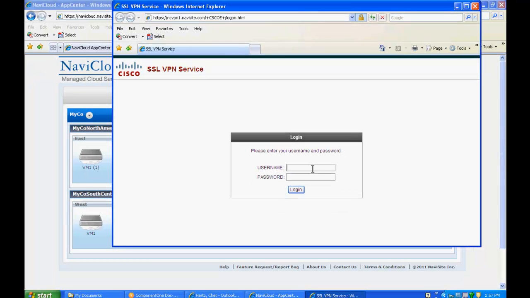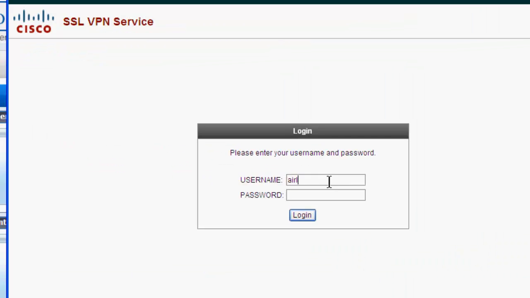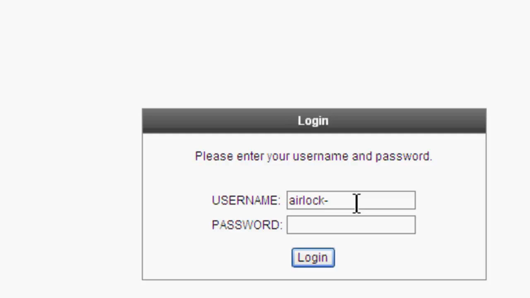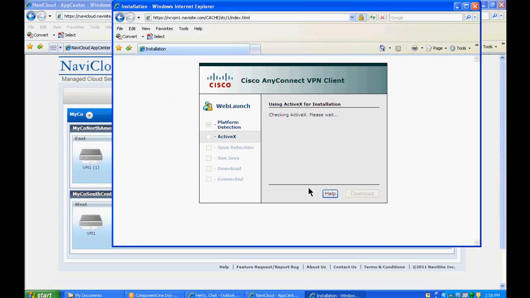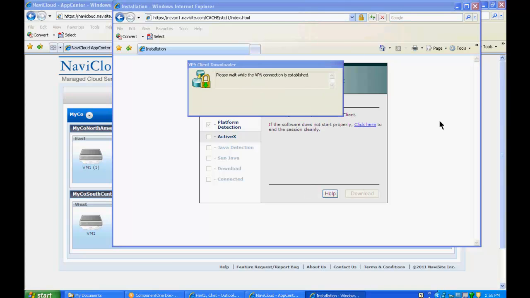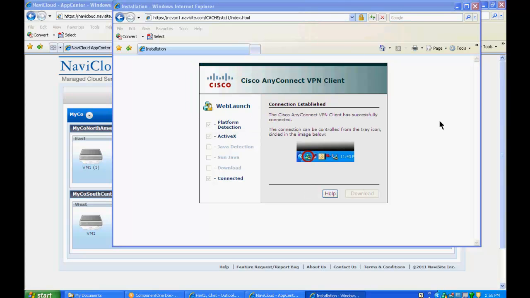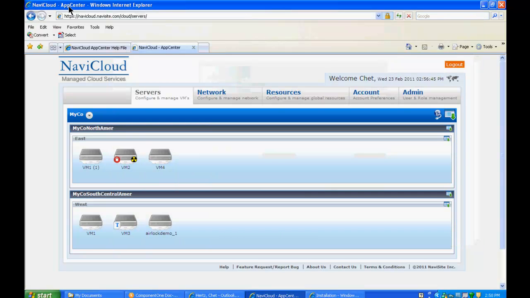Again, we have to specify the Airlock specific login credentials, which is Airlock dash, and then my NaviCloud login. AnyConnect connects, indicates as much in the system tray. And once we're AnyConnected,